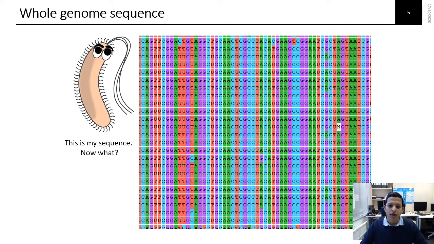Whatever bacteria it is is determined by its genetic content, so we get comprehensive information about that particular bacteria through whole genome sequence. We have now obtained a whole genome sequence of a pathogen. Now what can we do with this sequence? We have to analyze or translate this sequence in a way that we can recognize what it encodes for.